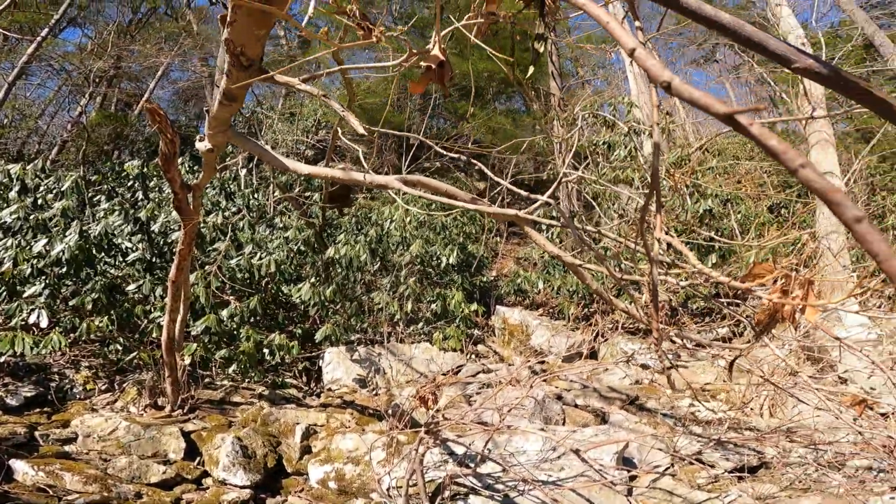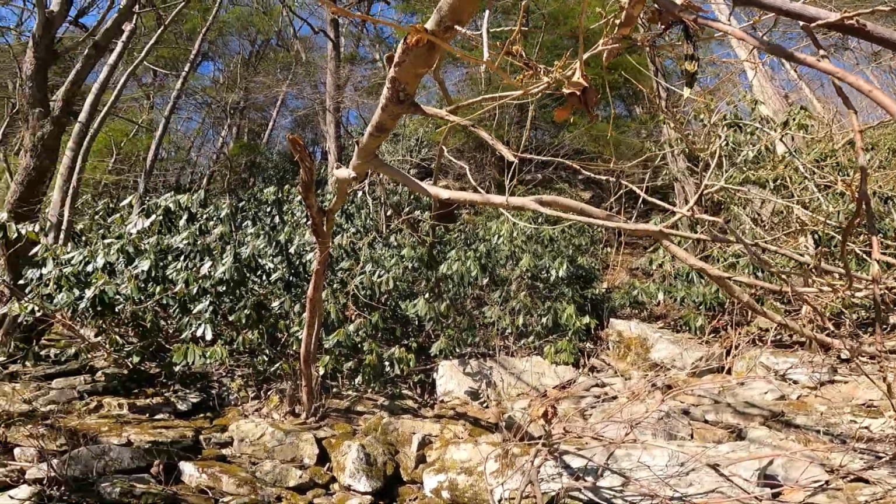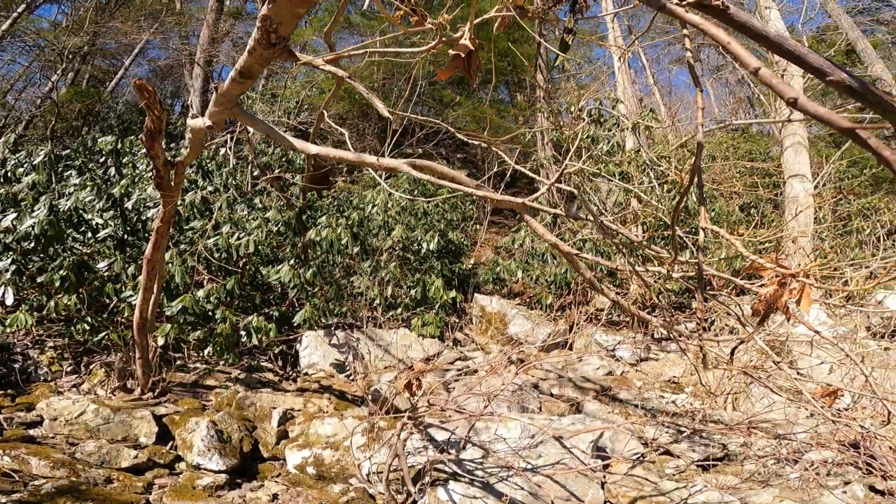Yeah, if they allowed it, you could camp near here and then just walk the river during the summer and map out everything along